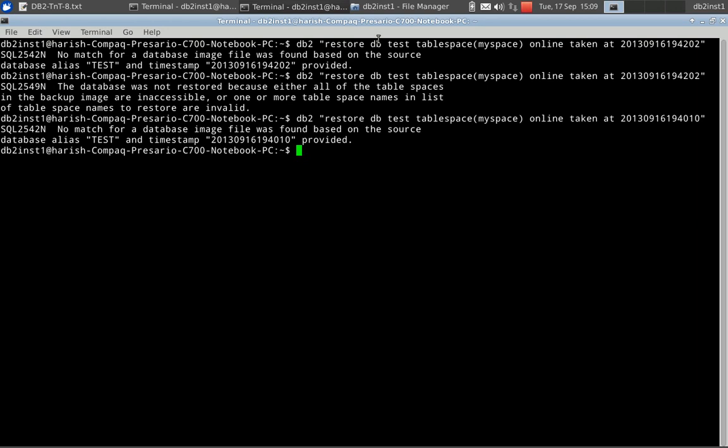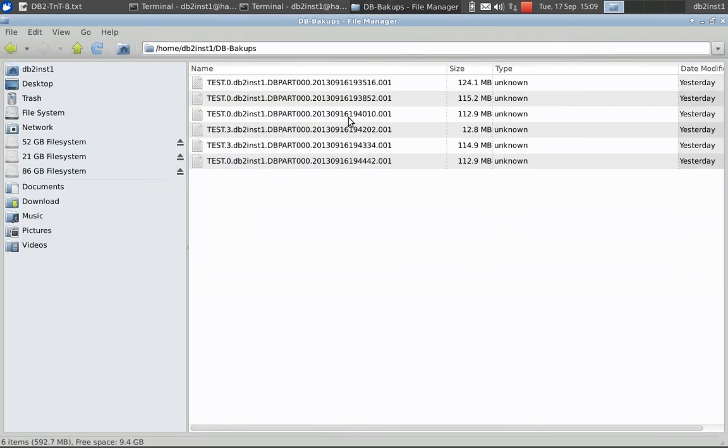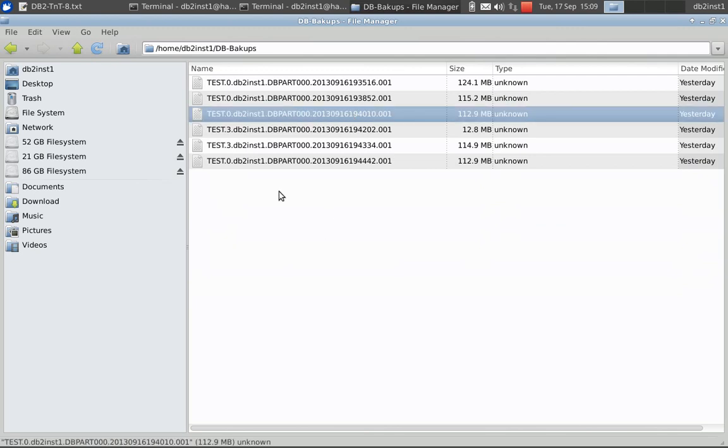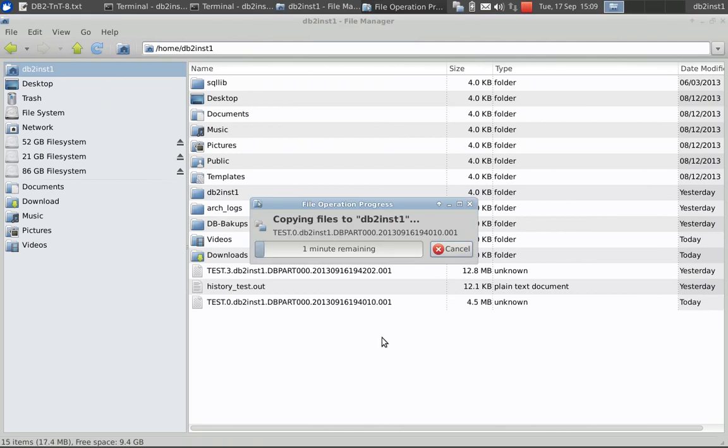Again I have to copy the image file. DB backups 4010, copy from here, paste it here.